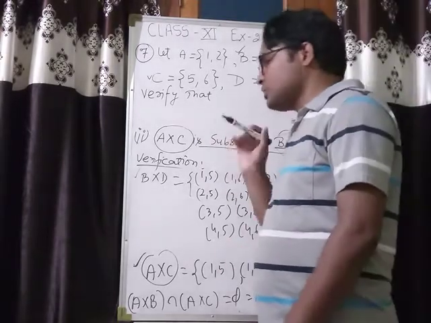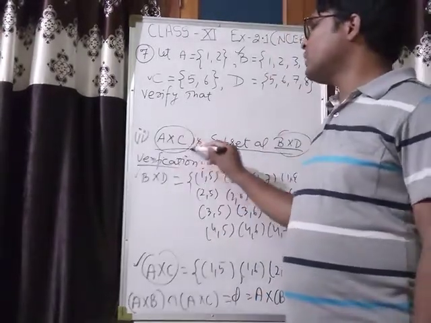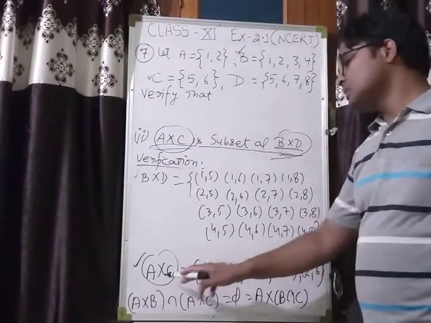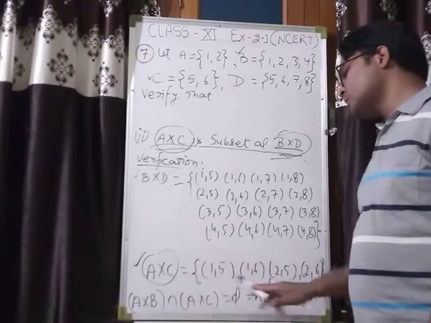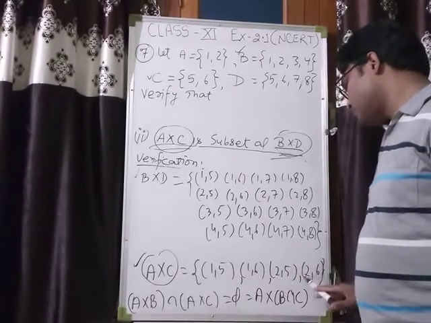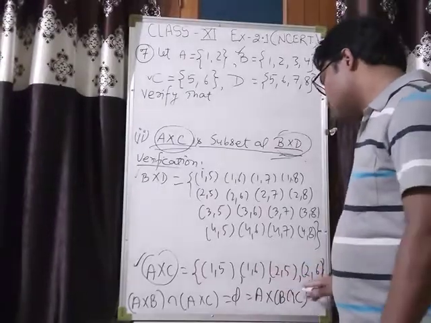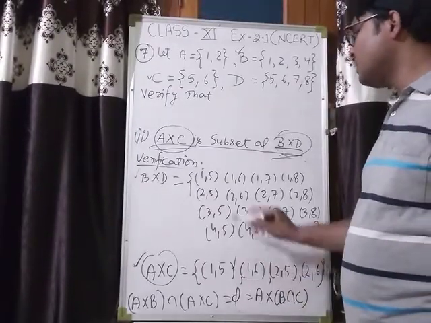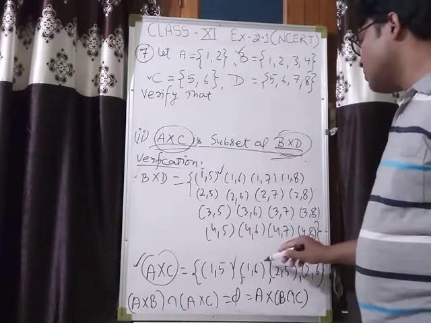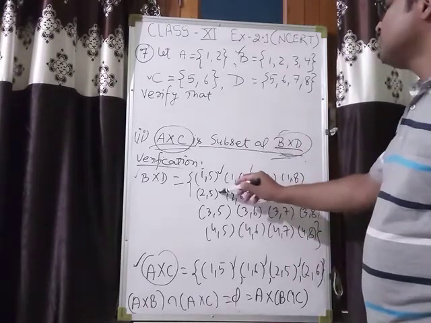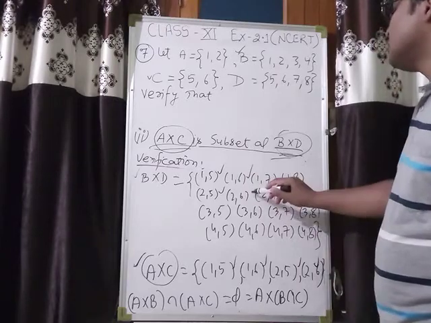When is this possible? When each element of A Cartesian product C belongs to B Cartesian product D. Now you can see there are 4 elements in A Cartesian product C, that is (1,5), (1,6), (2,5) and (2,6), ordered pairs. You can see (1,5) is here, also in B cross D, (1,6) is here, also in B cross D,